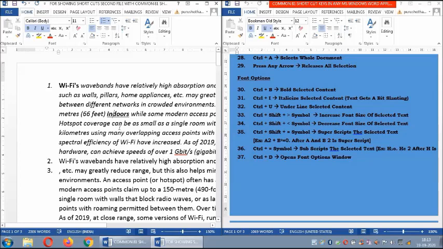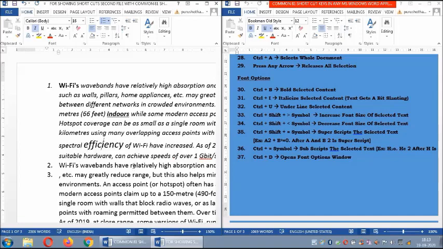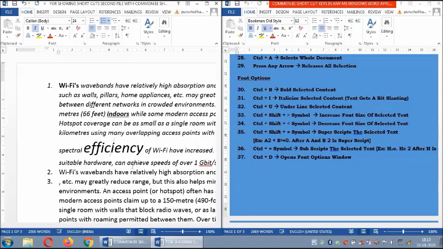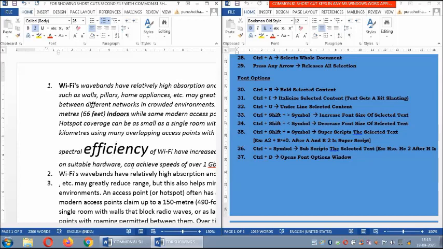Now next, I take another word, "efficiency". Here it says Control Shift greater than symbol, which is to be pressed after selecting. I want to select that particular word, and if I press it, that particular word is increasing.